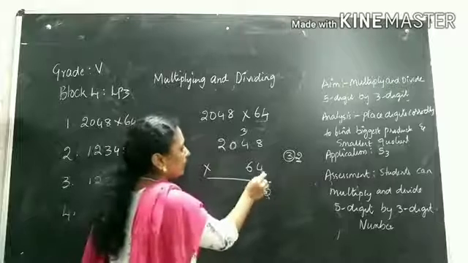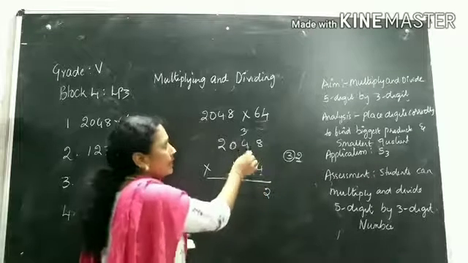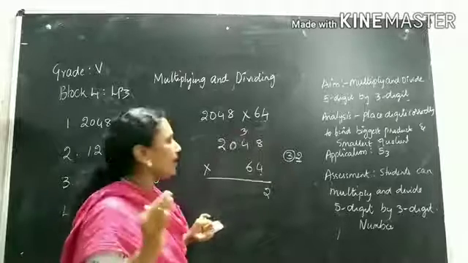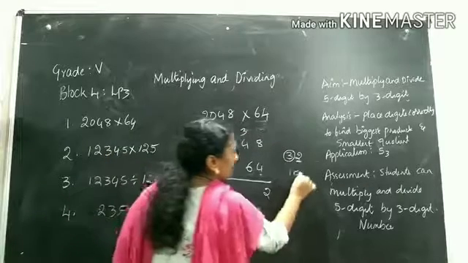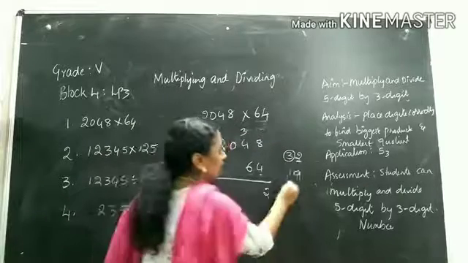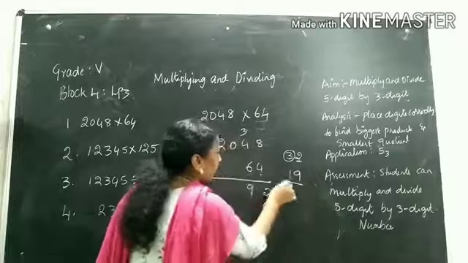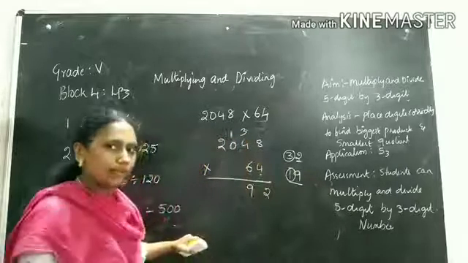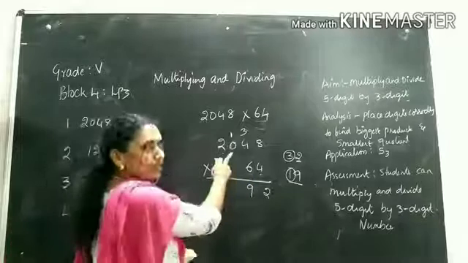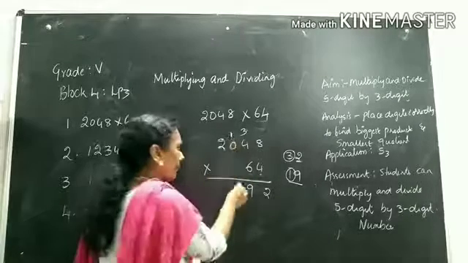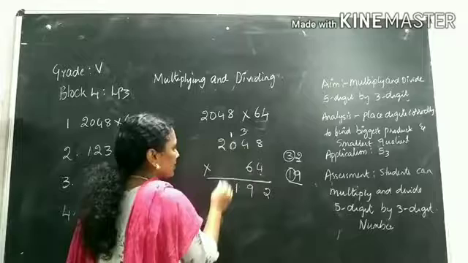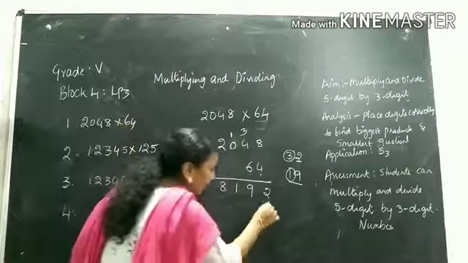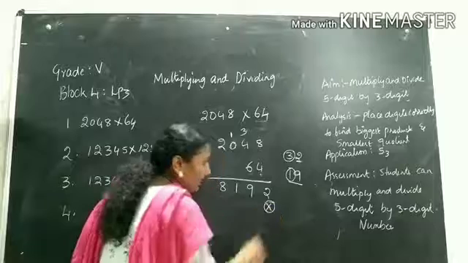After that I am going to multiply 4 into 4. 4 4s are 16 plus 3: 16, 17, 18 and 19. See here, 19. I take the 9 here and the 1 is carried on to the top of the hundreds place value. 4 zeros are 0, 0 plus 1, 1. Now 4 twos are 8. Got it, children?